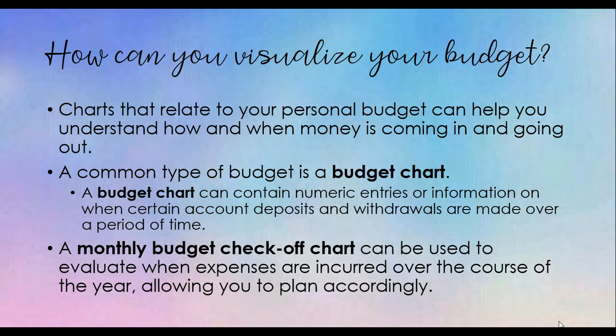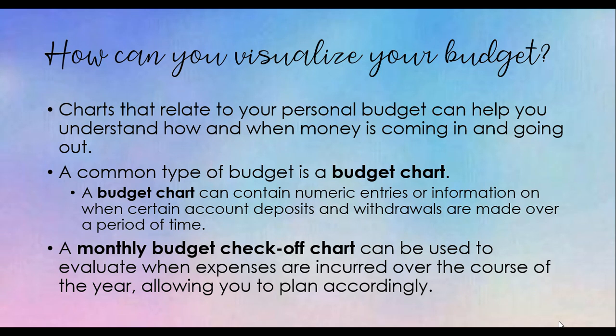Now, it doesn't allow you to plan really specifics, but it does give you a great overall idea of when you can expect certain expenses to happen over the course of the year, which is really important to know as you're creating monthly budgets, because something that might surprise you is that when you do have a budget, it's not always consistent from month to month. It's not always the same. For the most part, they're going to be the same